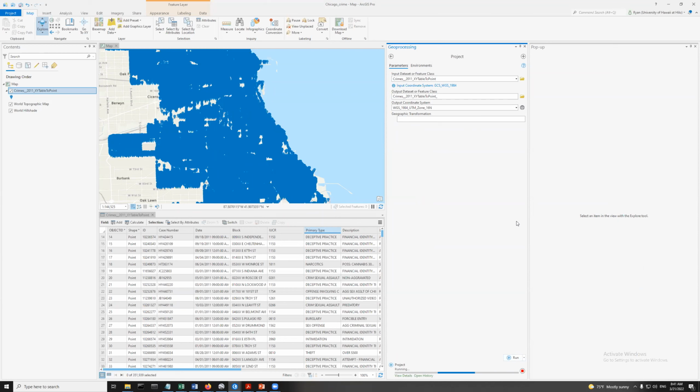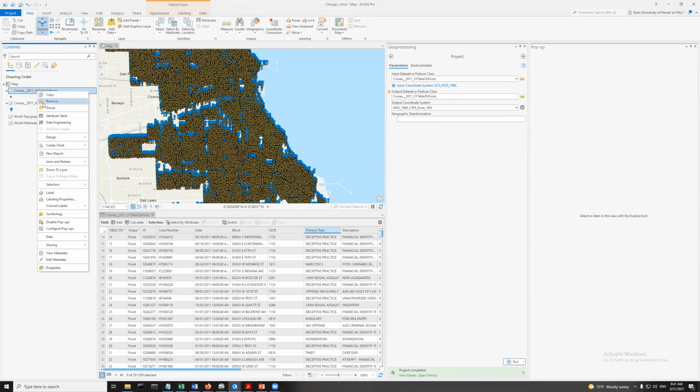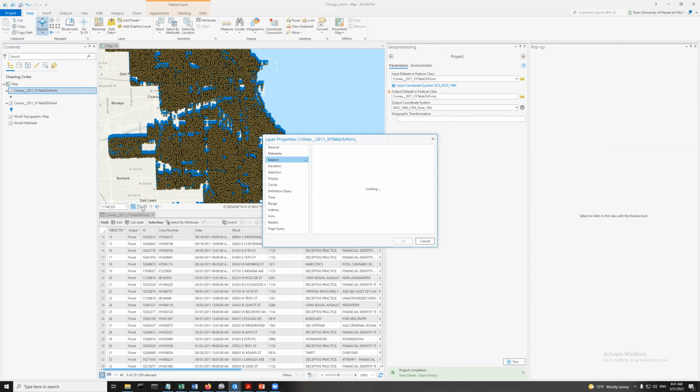And so it's reprojecting these different layers. Hopefully it's going to do some good work. And at the end of that, it's going to create a new layer, right? A new layer. And if I right click on this one and go to the properties,